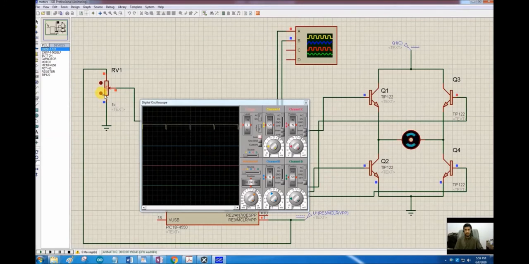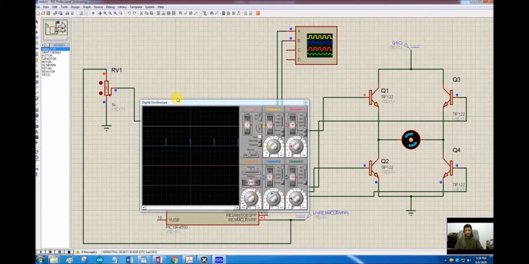But as soon as it crosses the threshold of 2.5 volts, now the direction of the motor has reversed and the speed of the motor is at maximum at current point. So if I keep decreasing this, the duty cycle will keep decreasing as you can see here on the oscilloscope, and the speed of the motor will also keep decreasing, and finally it will be approximately 0.